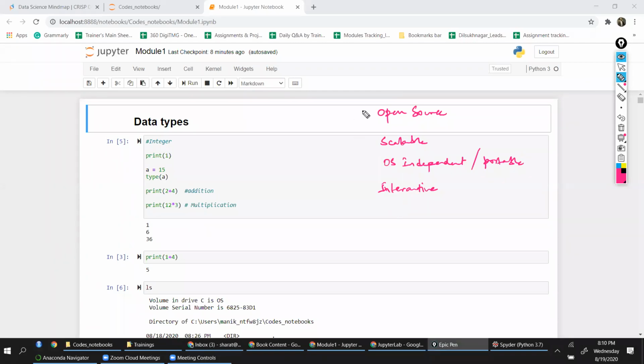Okay, interactive, open source, scalable, portable. Then it is also iterative. That means you can reuse the code again and again. So it has functional oriented capabilities. It has object oriented capabilities. It has modular programming capabilities.